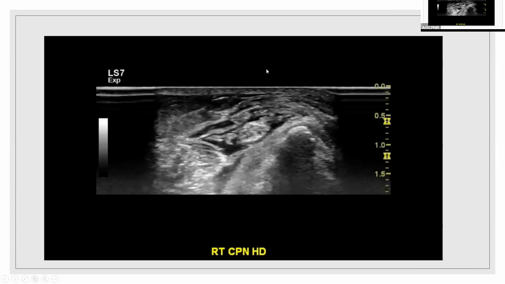And after that procedure, and of course treating her with OMT after that procedure, she had full resolution of symptoms, and I saw her at 6-month follow-up. She had no more problems. So that was a really good osteopathic case, a really good ultrasound case, and